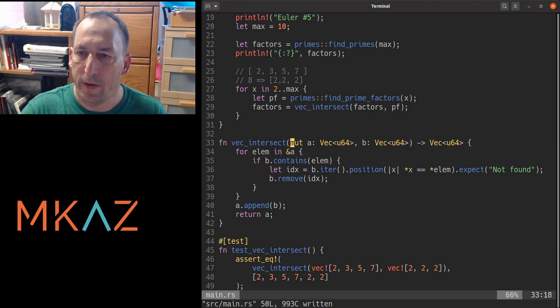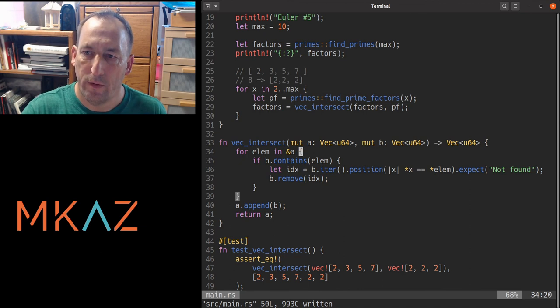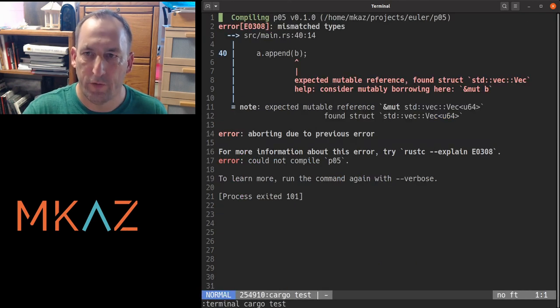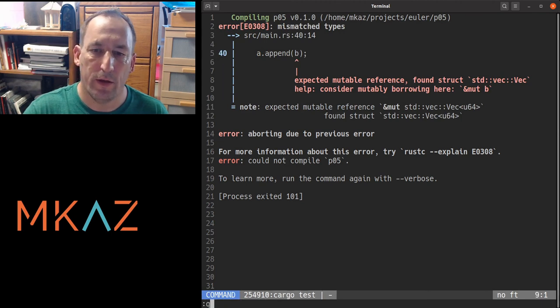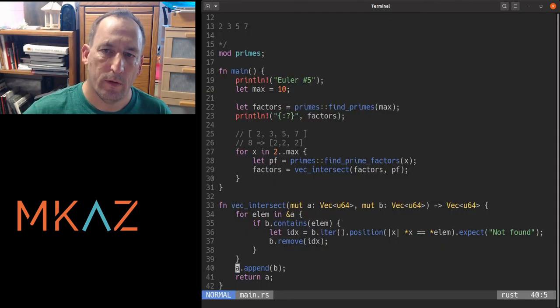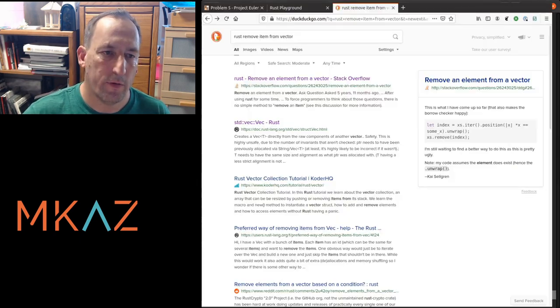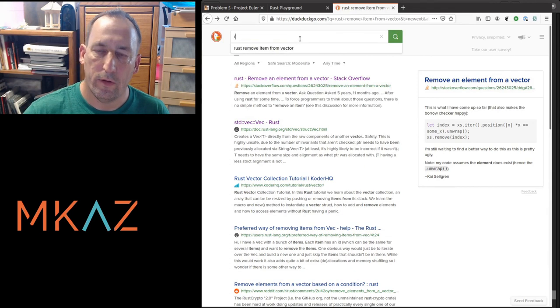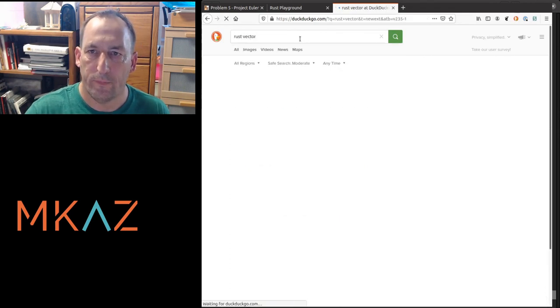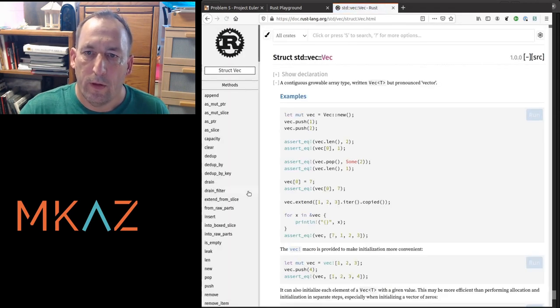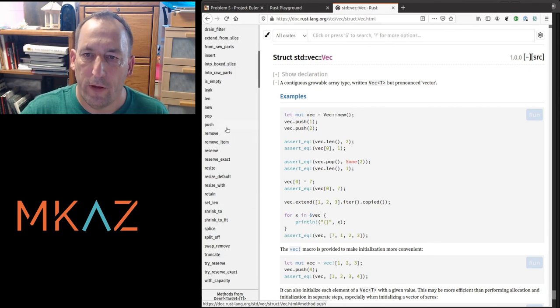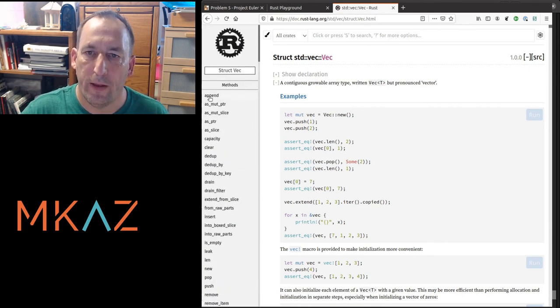I think the way append works also requires B to be mutable, so you have to do the syntax like that. If I don't do it, it'll tell me what's wrong. So it's saying the mutable B. So append, if you look at the Rust docs for vector, that's fine. Should just leave this page open, I'm doing all this stuff. And for append, it changes